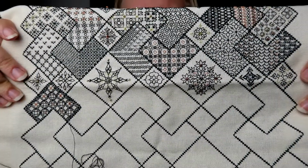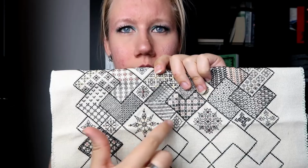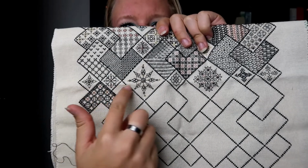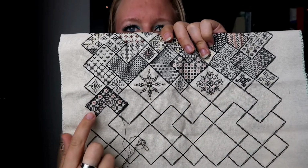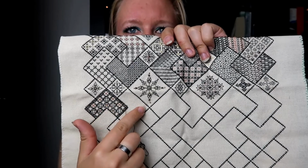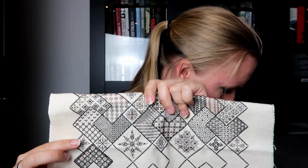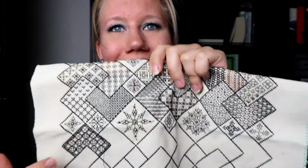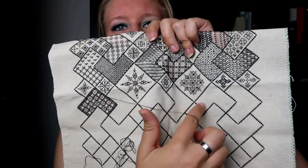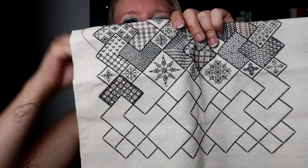This is where it's now. So I finished 2, 3, 4, 5, 6, 7 blocks. I finished the last thin row and started the last thick row. So the thick row is this area there, and then the last row,